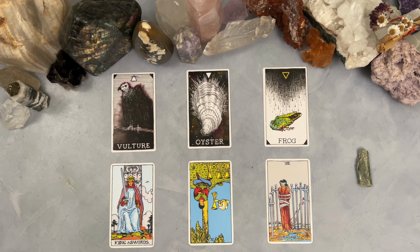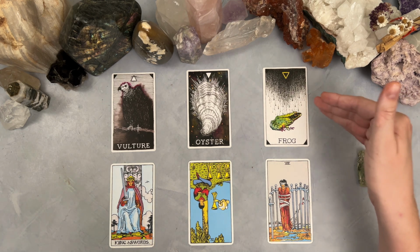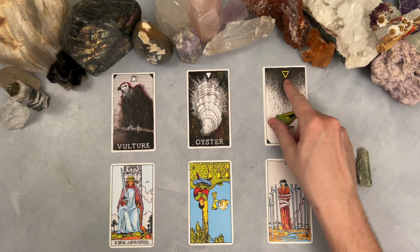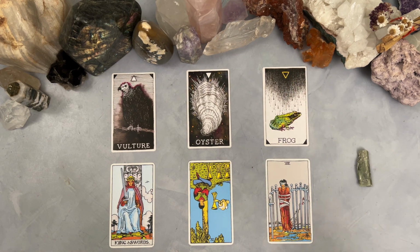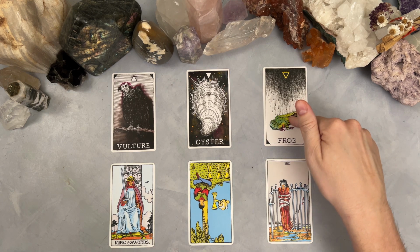And I know that's so weird, but this person's such a strong healer. And with this golden triangle here, they're protected from a lot of negative energy. Like, how do I put this? This person, the frog energy here, is someone who